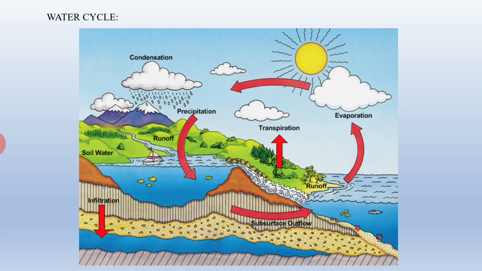Water cycle. As you can see in the diagram, water evaporates from water bodies like oceans, rivers, ponds. From transpiration in plants, water vapor is also released. This water vapor goes up high and forms droplets of water because it is cool high up. These water droplets cling together to form clouds. And when clouds become heavy, they fall as rain. This cycle is continuous.